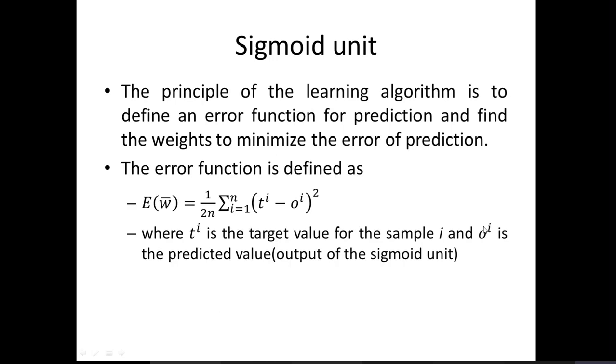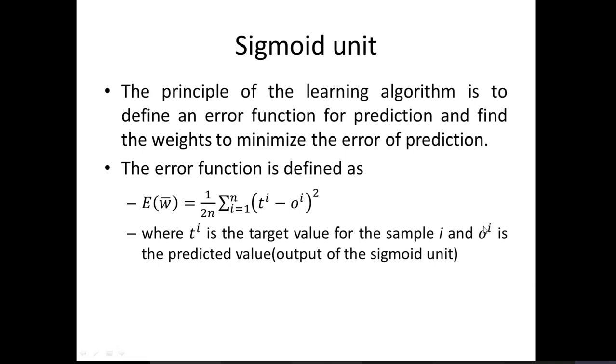Now the error function defined in the case of the sigmoid unit, and in fact in most models which use the gradient descent algorithm, is E of W. The error function is dependent on the weight vector, because inputs cannot be changed and outputs are given. So the only variable parameters in our model are the weights. So that's the independent parameter. So E of W is 1 by 2n, because there are n samples, sigma i equal to 1 to n for each sample,